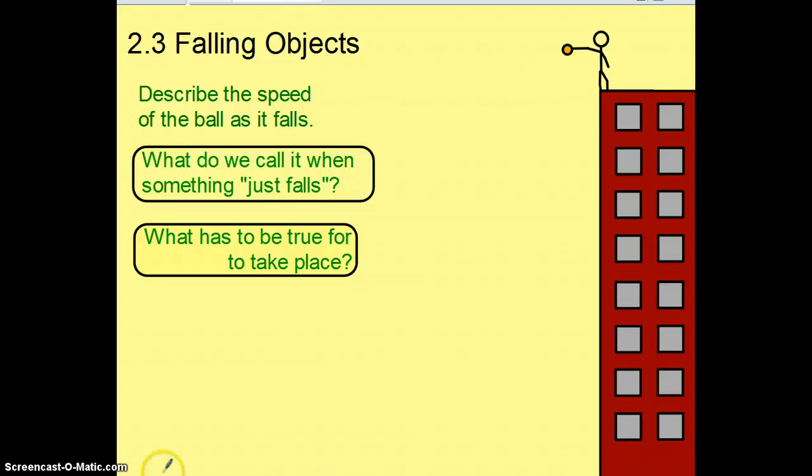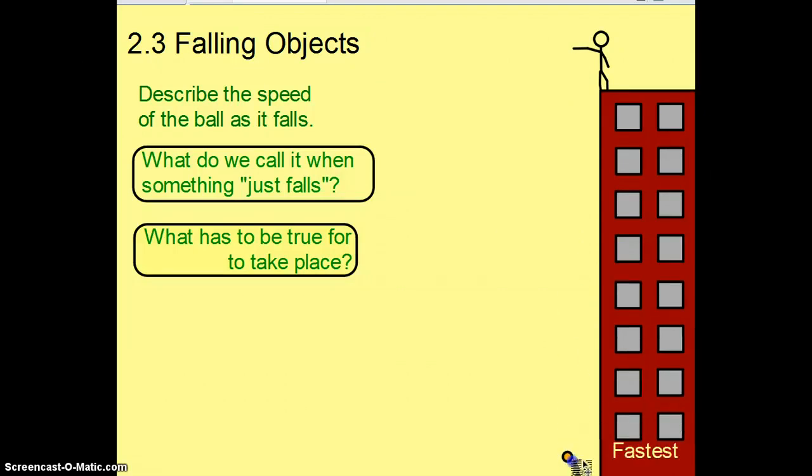Chapter 2, Section 3 is all about falling objects. First thing for us to consider is look at this ball that Bob is holding. While the ball falls, please, number one, describe the speed of the ball as it falls. So as the ball falls, in the beginning it's going slow, and then as it falls it will become faster,